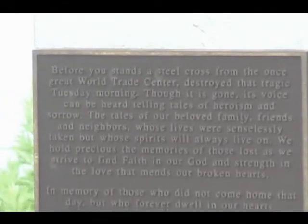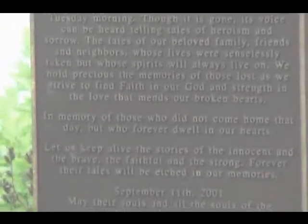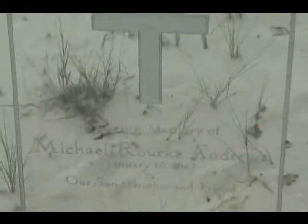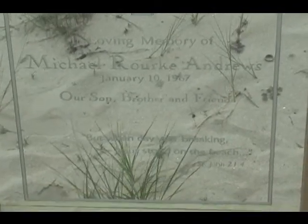Okay, here's the plaque. I can actually read it. Came into Tom's. It was so bad driving to his house we couldn't see the road. We had to pull off on the shoulder with flashers on. There's each of the panes. Driving in a hailstorm. Where was this, Joe? Driving to Tom's. Michael Rourke, Andrews, Captain Vinnie Brunton,